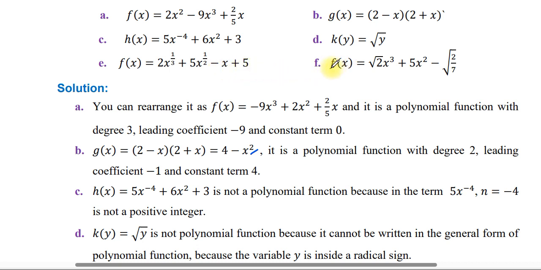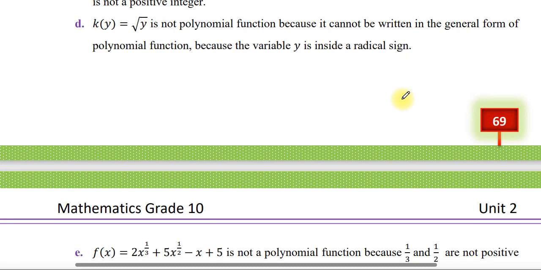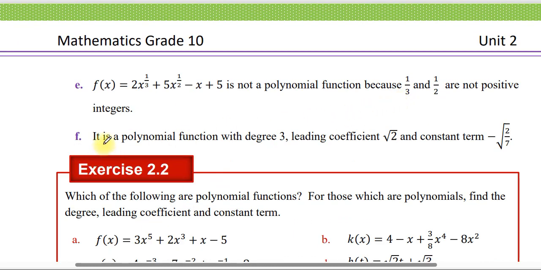Again f of x which is equals to √2x³ plus 5x² minus √2/7 ይሄ ፖሊኖሚያል ነው with degree 3 and leading coefficient √2 and constant term -√2/7 ይሄን እንደዛ አድርገን መጠቀም እንችላለን። it is a polynomial function with degree 3 leading coefficient √2 and constant term -√2/7 ይላል። ስለዚህ በዚህ way አንደርስታንድ ማድረግ ተገቢ ነው ማለት ነው። የዛሬው ክላስ ቀላል ነው፣ ብዙ የሚካበድ ነገር አይደለም።